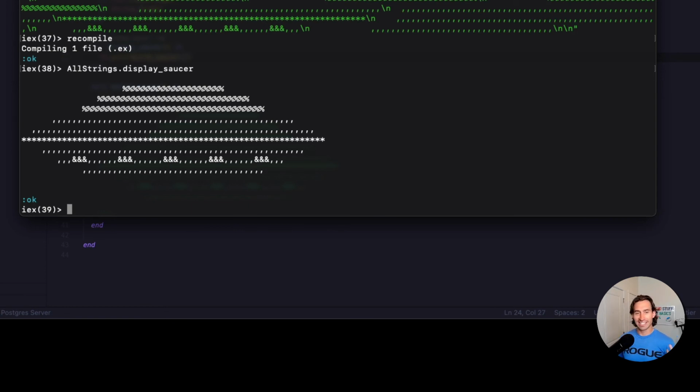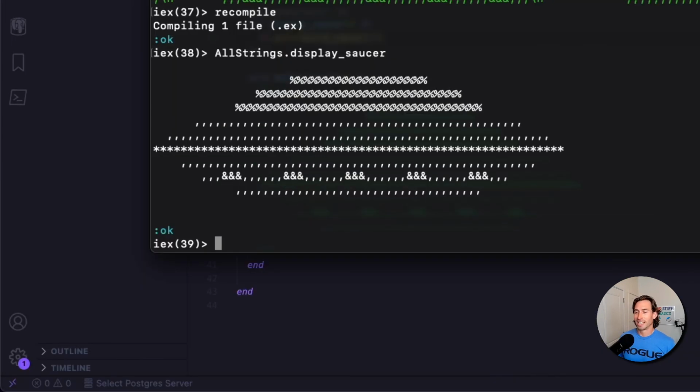How fun is that? I know, I wasted a lot more time than I should have drawing a saucer with string characters, but it's fun, right? So